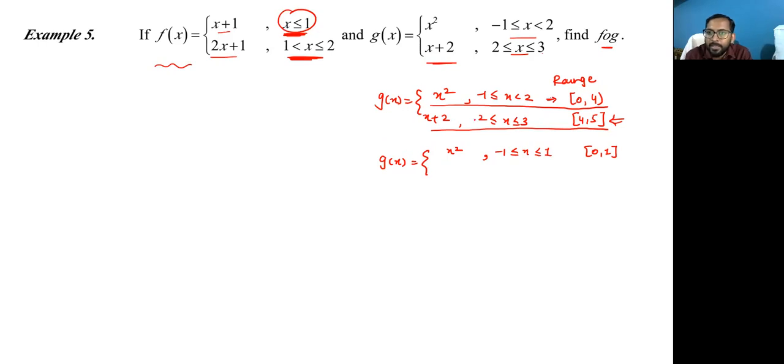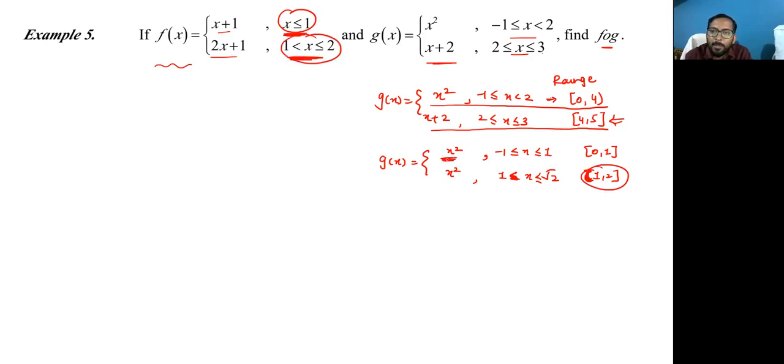And second, x square for x belongs to 1 to root 2. The square of root 2 is 2. So the range of this is 1 to 2. We can use root 2, so 1 to 2. But we cannot use 1 in this part, so open bracket. So the range of this part is 0 to 1 and the range of this part is 1 to 2. Then this range is a subset of this part.